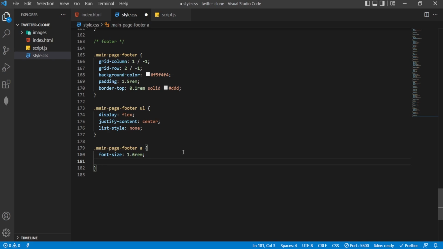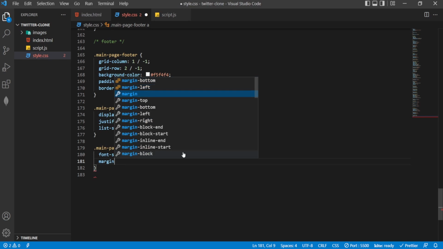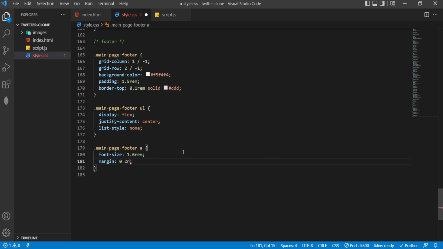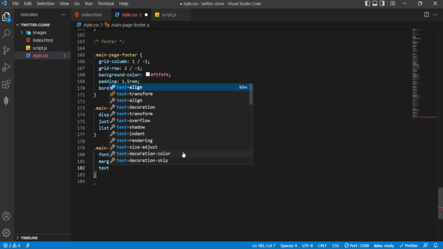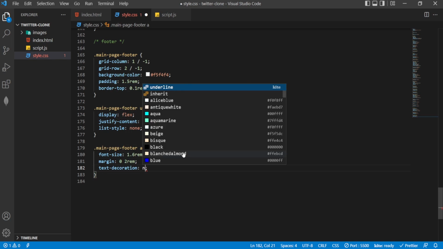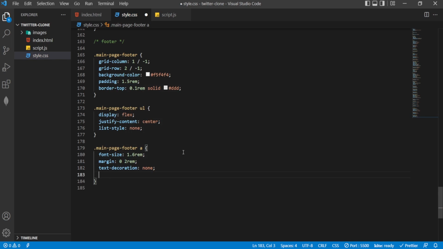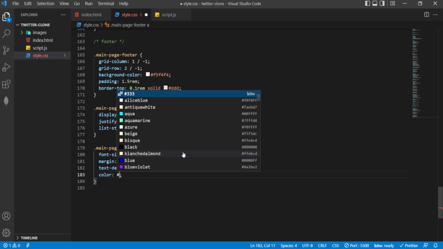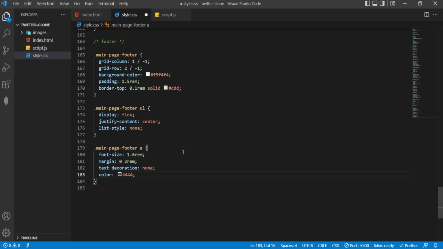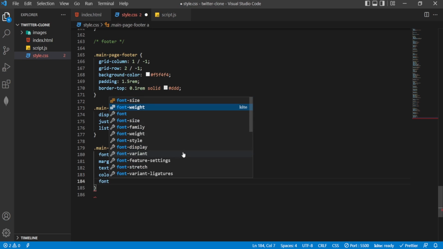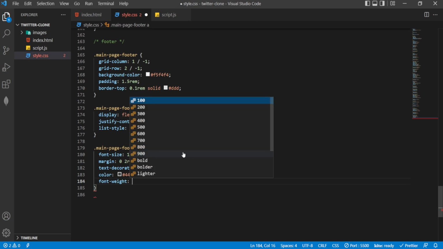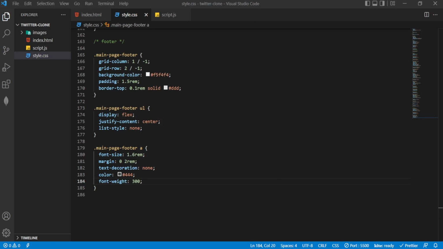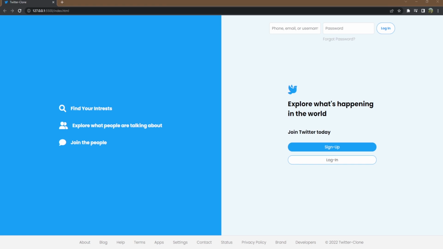Now set margin top and bottom 0 and left and right 2 rem, and also change the text decoration to none and change the color to hash 444, and then the font weight to 300. So now save it and open the browser. So now the landing page is complete,